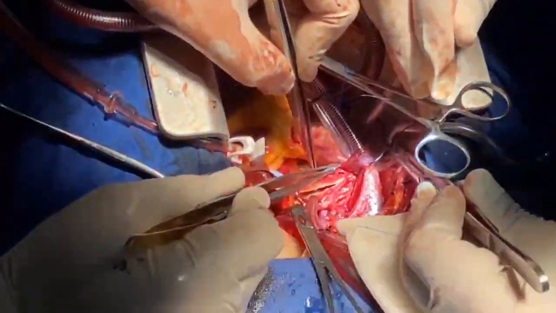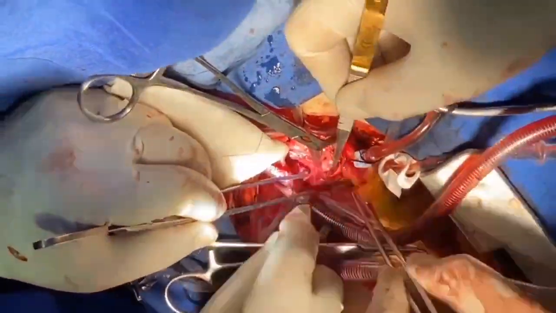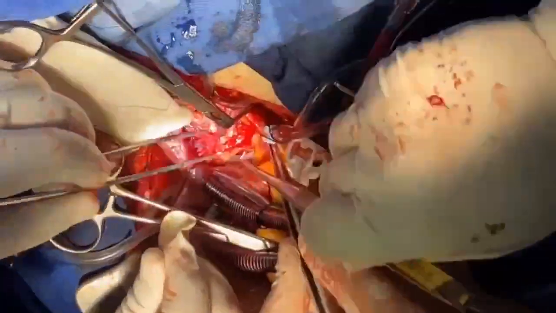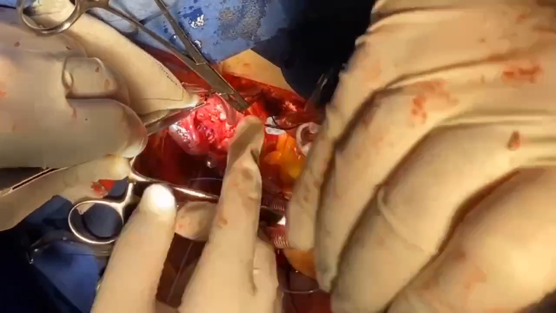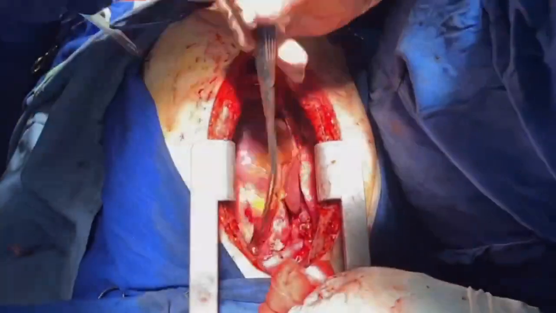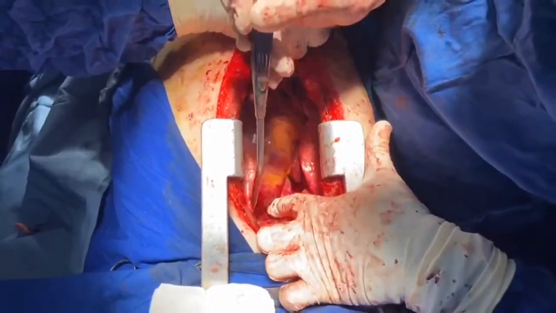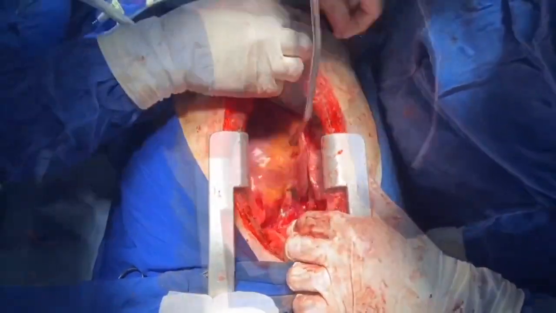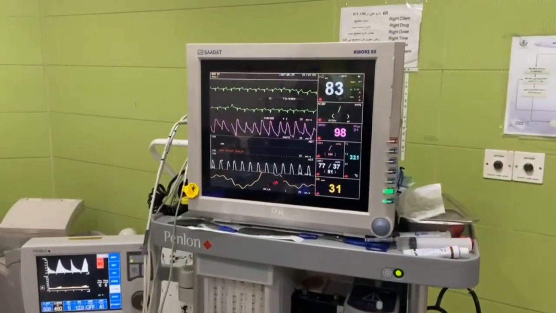I leave some stitches open when weaning from cardiopulmonary bypass during rewarming in order to do the RV training protocol for the patient. In the RV training protocol, you impede volume and pressure afterload on the right ventricle during weaning off from cardiopulmonary bypass in order to prevent RV damage, which is already moderately damaged previously as a result of chronic thromboembolic